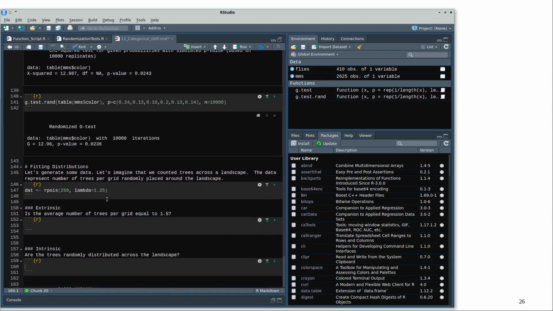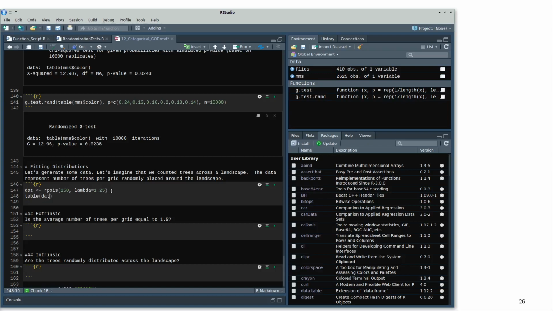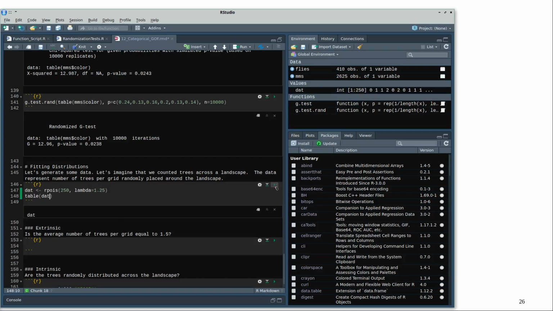So now, let's generate some data. Let's imagine we counted trees across a landscape. And we did this by setting up a grid and then counting the number of trees in each of the grids. So what we're going to do is generate random data. We're going to generate it from a Poisson distribution, rpois. We're going to have 250 grids. We're going to say lambda is equal to 1.25. And I'm going to save that as dat. So then when I look at table dat, I run this chunk,